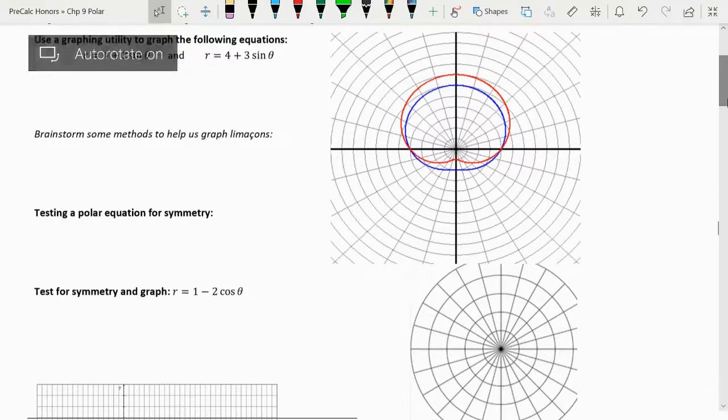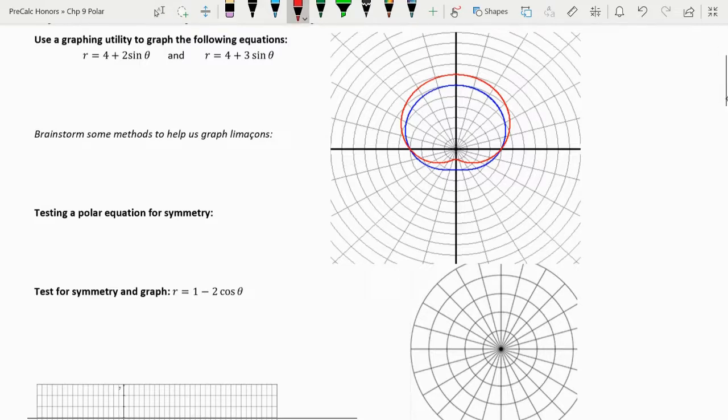All right, guys, so we're going to get a couple of videos going here on graphing, specifically limacons and roses in the polar coordinate grid. And the first problem in this worksheet asks you to graph these two polar equations that I have up top using a graphing utility. So I already have them graphed, but if you didn't, you should go ahead and give it a try. Just to make sure you know how to graph them, either using your graphing calculator or using Desmos or some other